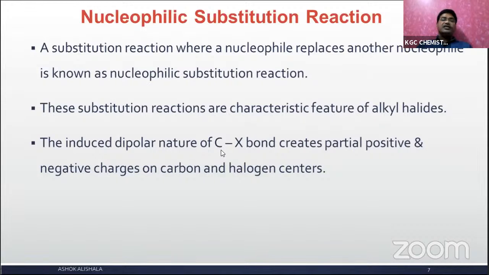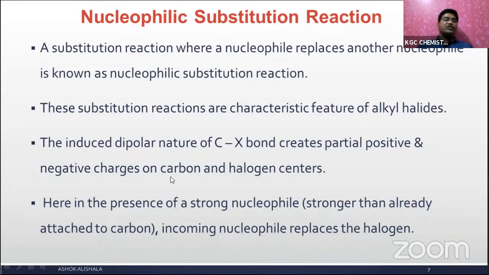This is going to be the nucleophile. The induced dipolar nature: here the carbon-halogen bond is a polar covalent bond because the halogen is more electronegative, and carbon is less electronegative because it is a 7A group element, this is going to be a 4A group element, and it creates a partial positive charge on the carbon and a negative charge on the halogen center. Here, in the presence of a strong nucleophile, stronger than the one already attached to carbon,